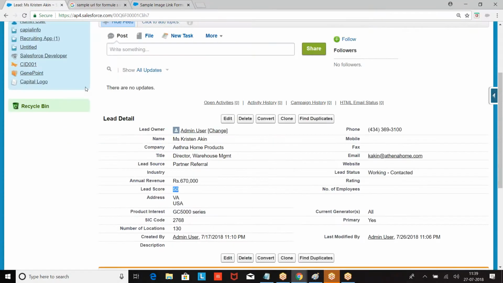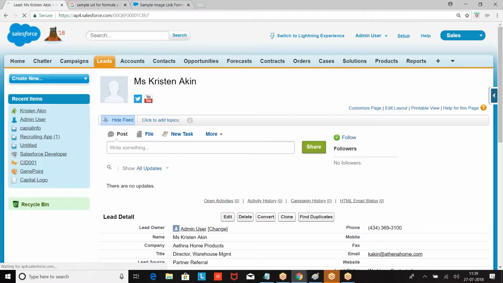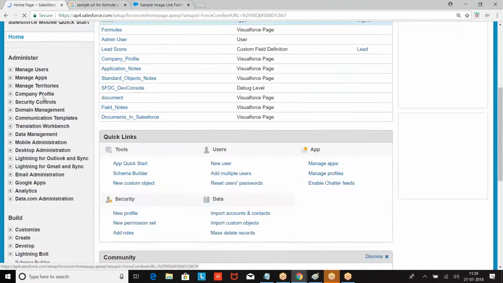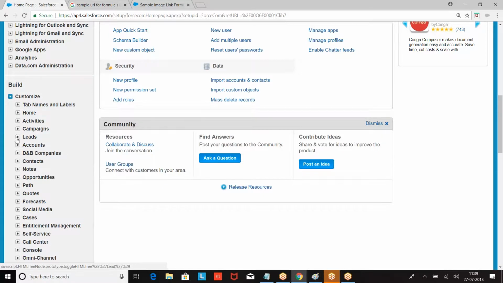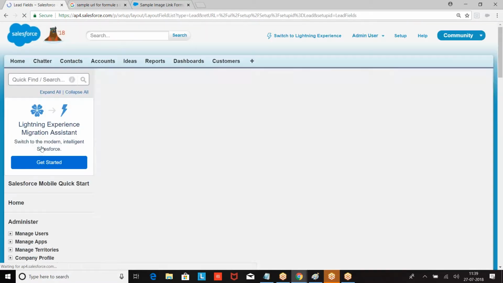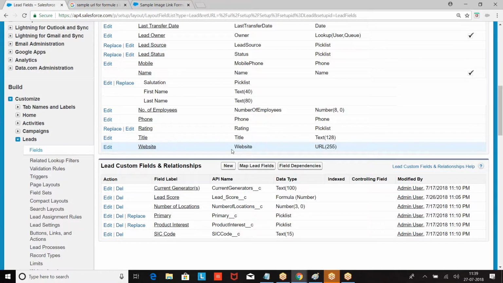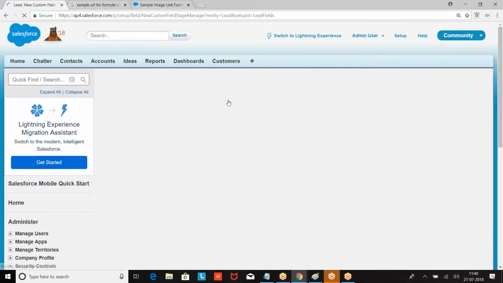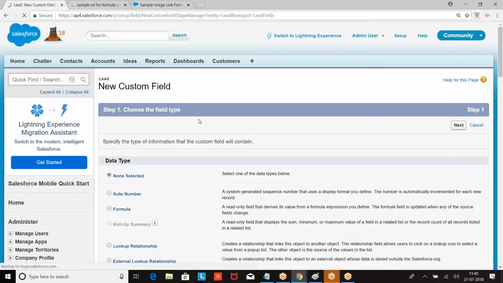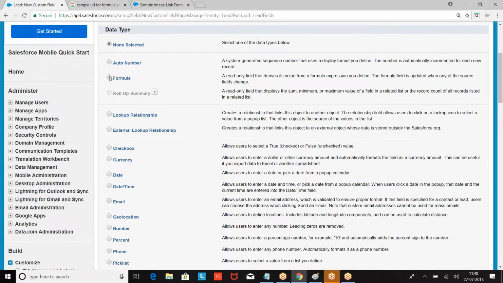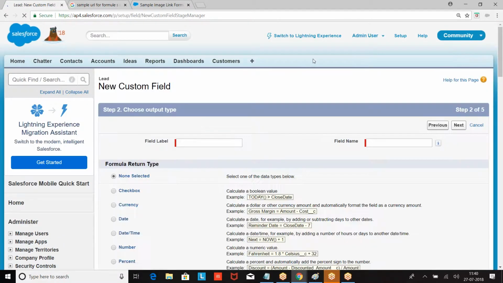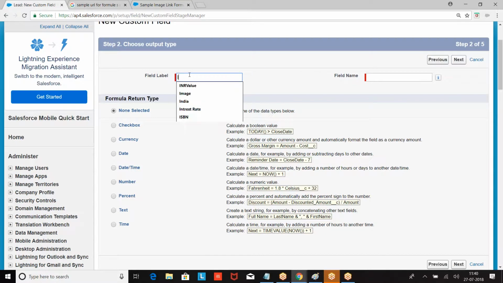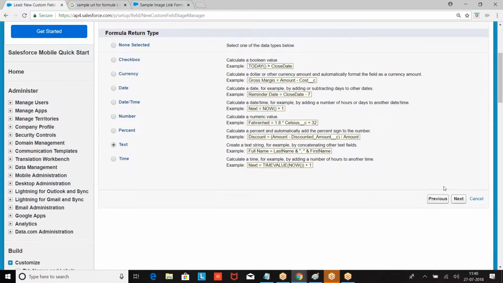First, let us see how the image will be printed. Setup, build, customize, lead, fields, new field. In every formula, image will be considered as text. Text.